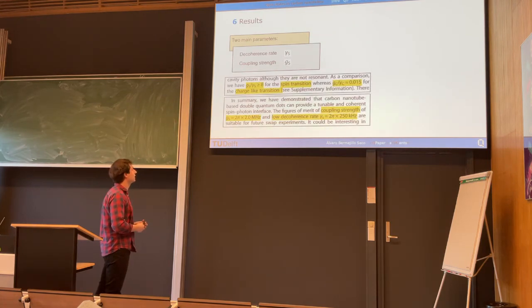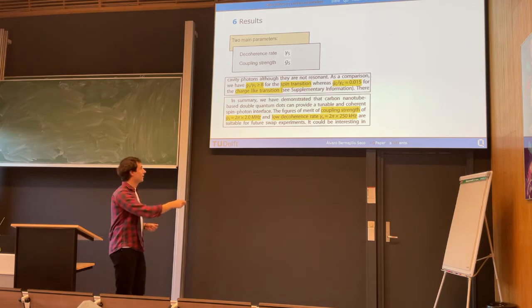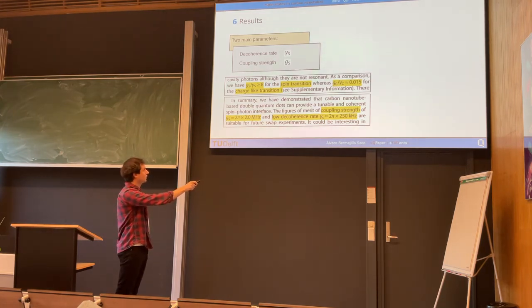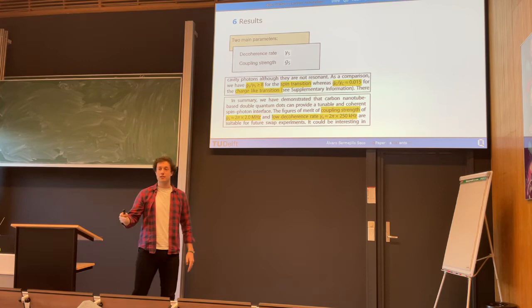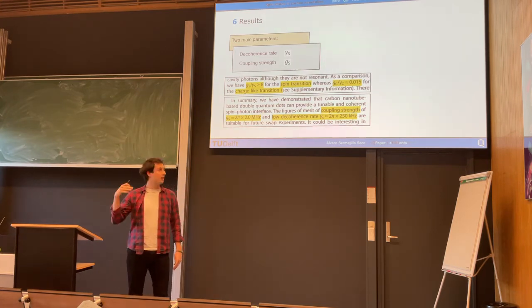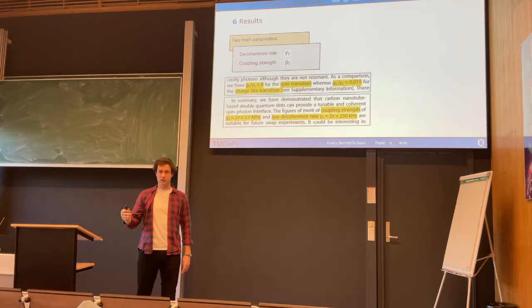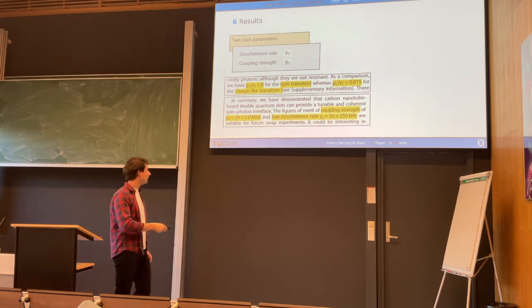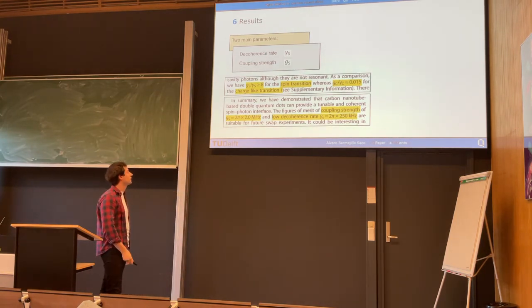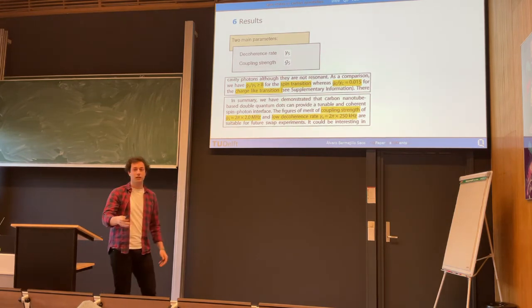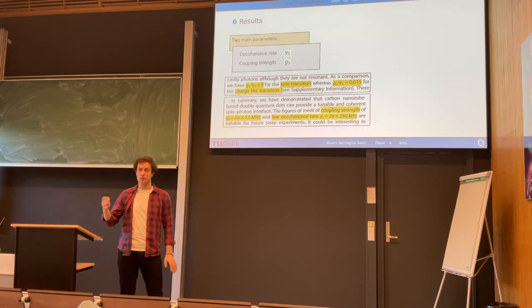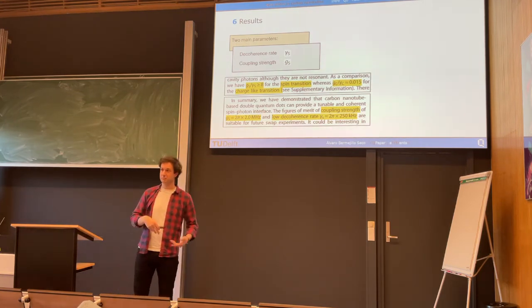Some results that they show is that, for example, for spin states, we have that the coupling strength over the decoherence rate is larger than 8. But for example, for charge states, it's like 0.015. And this gives us the idea that charge states have much higher decoherence rates than spin states. And well, these are some numbers that don't really give us anything, but the decoherence rate is given by like 250 kilohertz, more or less. I don't know if you know any numbers of other spins. I don't, but